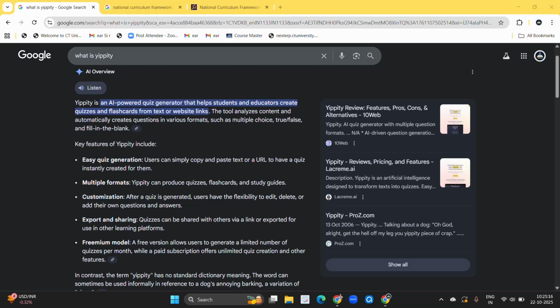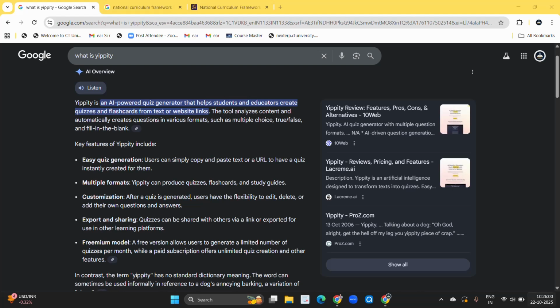Now when we discuss this software, there are two things. One is a free version. In the free version there is a limitation, means there is a limit up to which you can generate some questions. But when you subscribe to this software, monthly there can be nearabout 7 to 800 charges. So in that package you can generate unlimited questions. There is no limitation, and there are other facilities also available. So now let's see how this IPTI AI works.